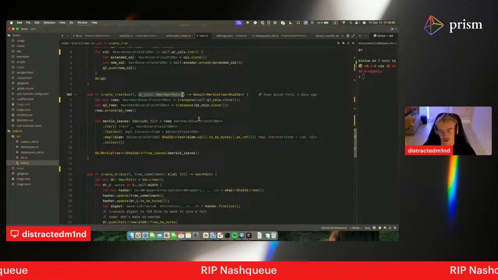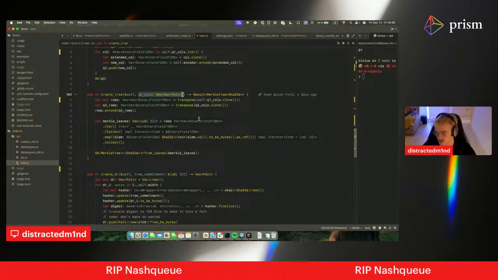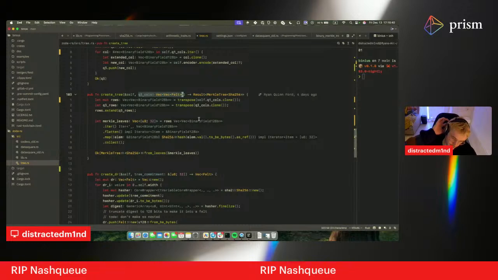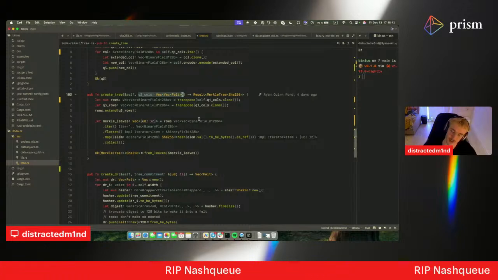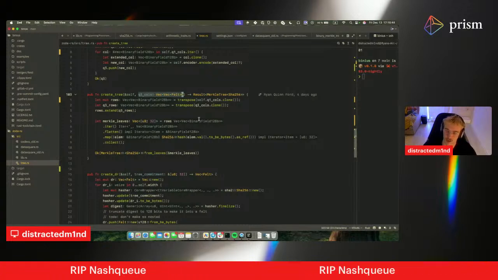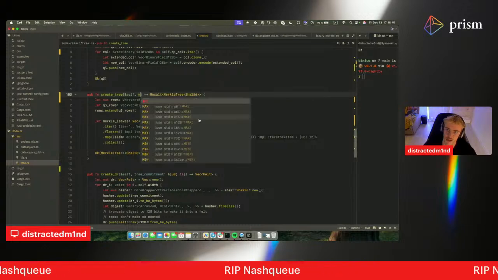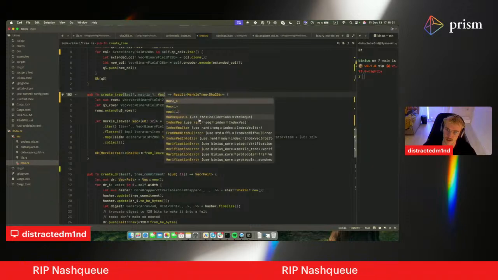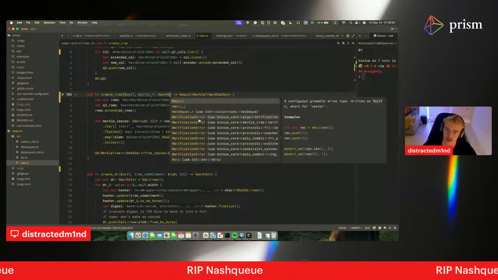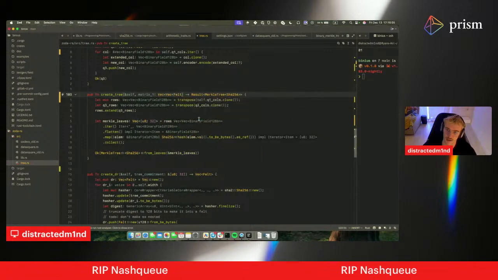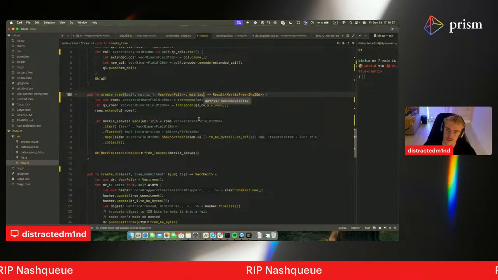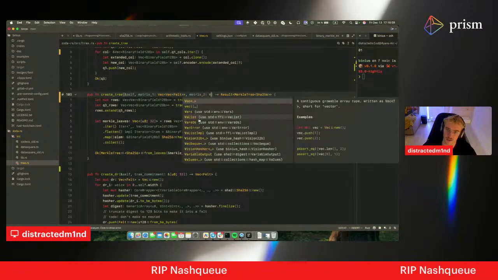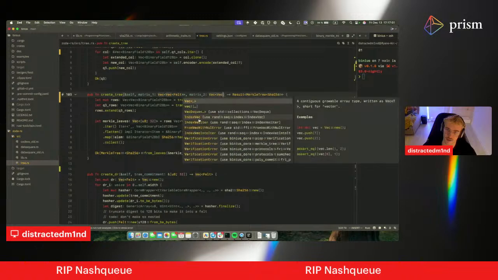It'd be stupid to name them Q1, Q2 because that obviously is loaded already. So I guess we could say matrix 1, which is vec felt, and matrix 2, vec felt.